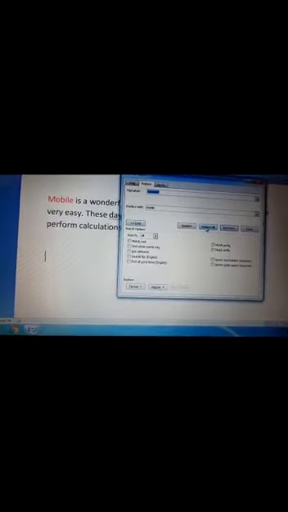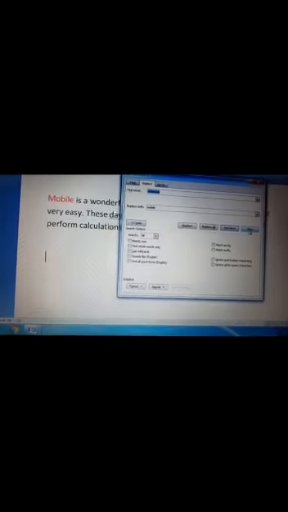Replace all, what will it do? It will replace all the search text with the new text at once. In replace, you will replace one by one, but in replace all the words will be replaced at once. Find next button will highlight the next occurrence of the text that it searches, and close or cancel button is used to close the find and replace dialog box. Now if I click on close, this dialog box will get closed. So this was the function of replace option.